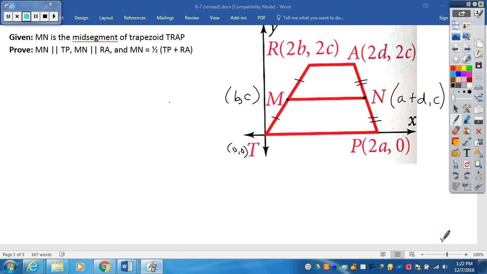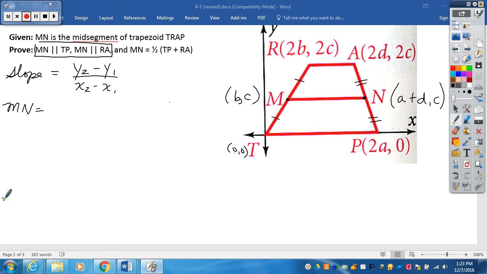Okay? Now, the next thing that we need to consider is this. How are we going to prove that MN is parallel to those two side lengths right there? Well, I hope you're thinking to yourself, we're going to use the slope formula, which here's the slope formula. y sub 2 minus y sub 1 over x sub 2 minus x sub 1. Okay? Now, if I plug in those values here, the slope of MN,